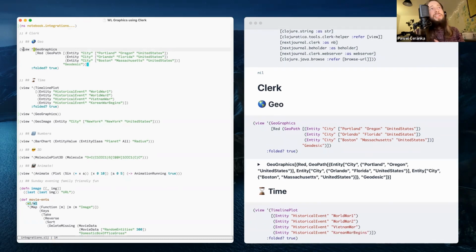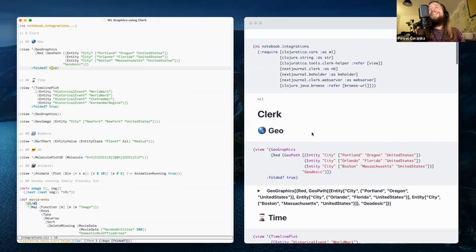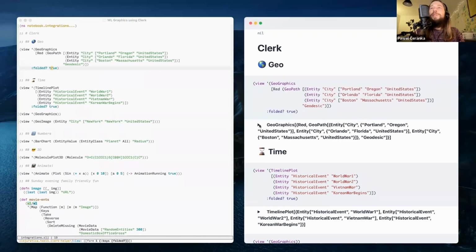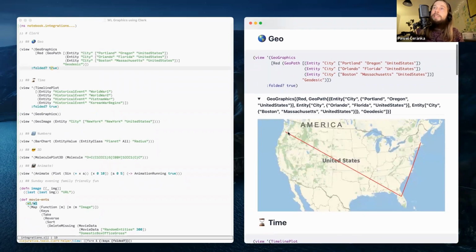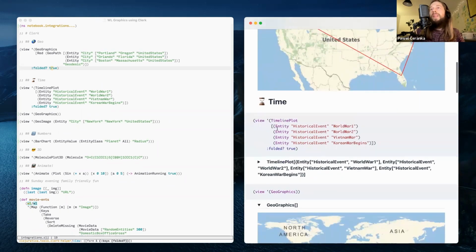The one thing that's used as an adapter to Clerk is this view function that comes with the library. For now, there's just one option, for this little widget, if you want it folded by default or unfolded. So it's just a couple examples of what's happening. It renders the original Clojure code, renders the translation into Wolfram language expression, and renders the output you would normally see when this expression is entered into Mathematica or another Wolfram language product.